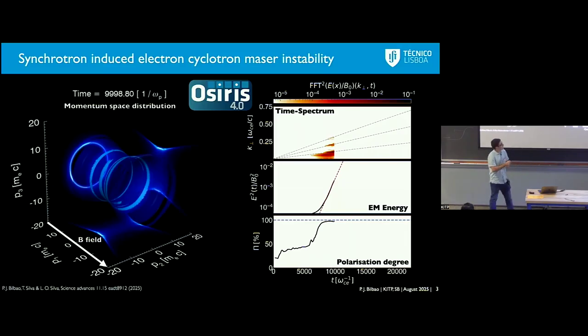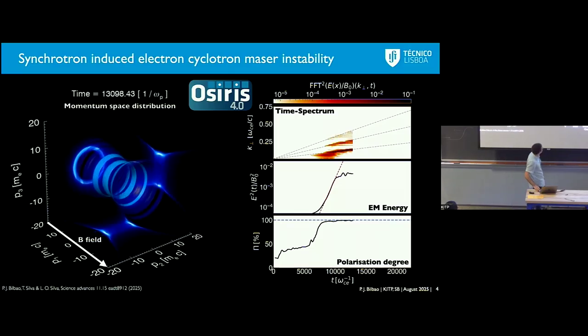This is a sign of coherence also, and this is from the theoretical prediction from our model. And then finally, you see that the radiation in the box peaks very rapidly, and in the polarization degree, you get very linearly polarized radiation, because what we're exciting here is an X mode. If we let the simulation continue,